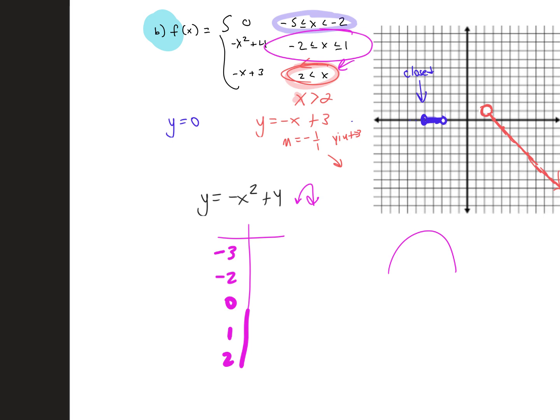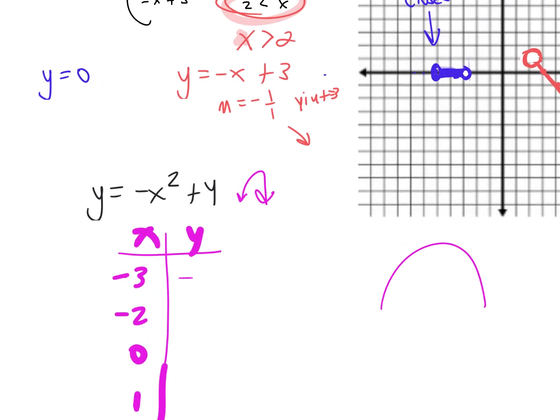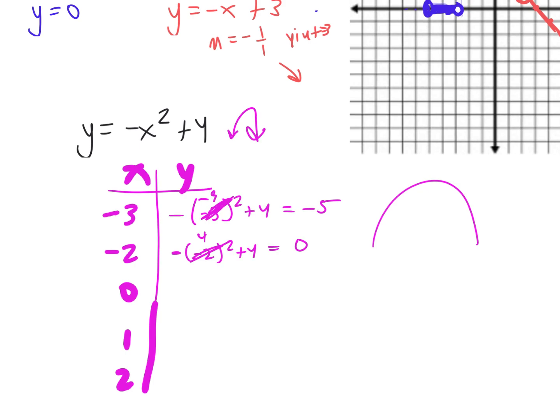Now pay attention. This is where we're going to make mistakes. This says negative x squared, right? Plus 4. So watch how you write this. Negative 3 squared plus 4. What do we do first? You square the number. So negative 3 squared is 9. So this becomes negative 9 plus 4 is negative 5. So I have negative 2 squared plus 4. What's negative 2 squared? 4. So this becomes negative 4 plus 4 is 0. So now plug in 0. So negative 0 squared plus 4